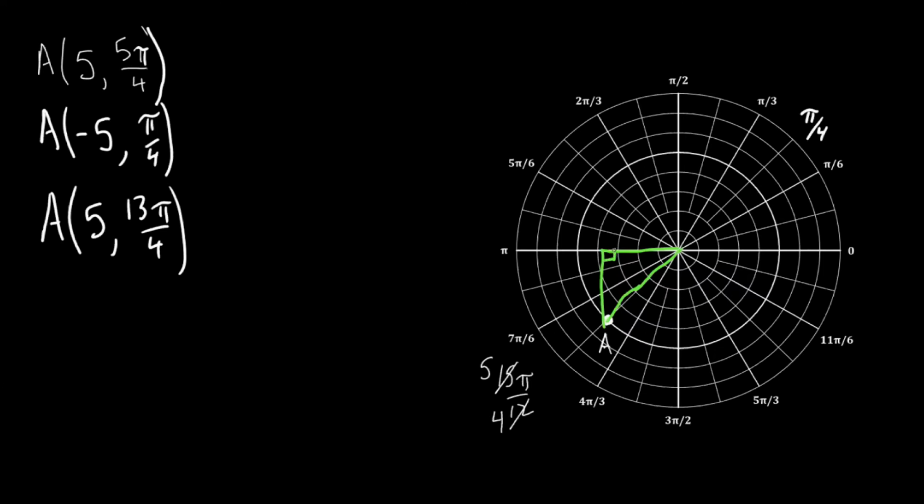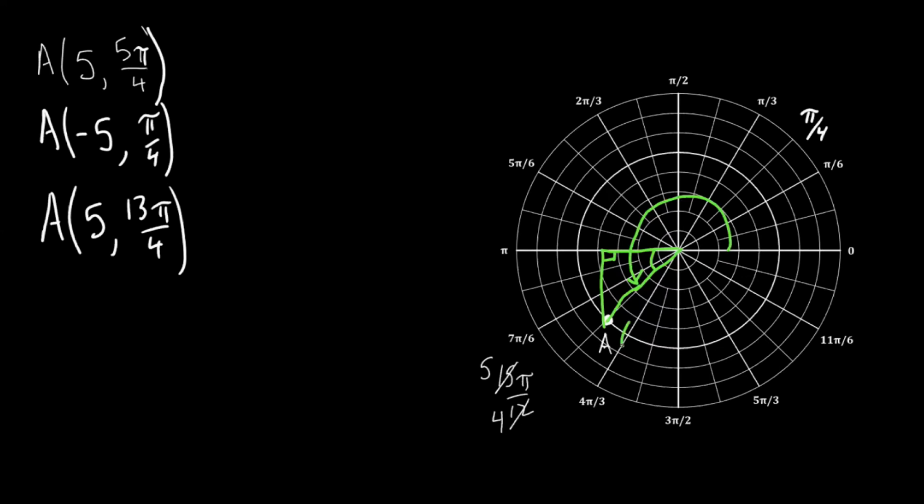It's a right triangle. It probably looks very familiar to you. And then I could use this triangle to figure out exactly what the Cartesian coordinates of point A are. The way that I'm going to do that is by looking at the fact that there's an angle right here. If I have an angle that rotates around like this,